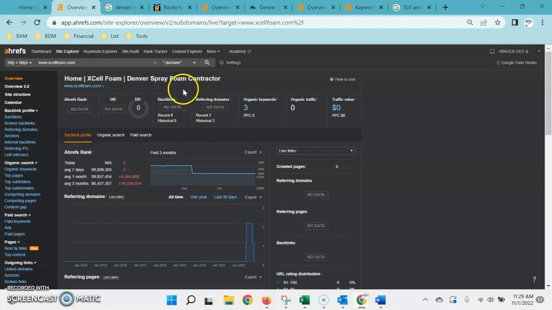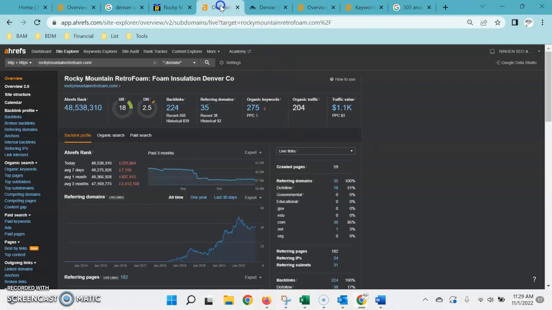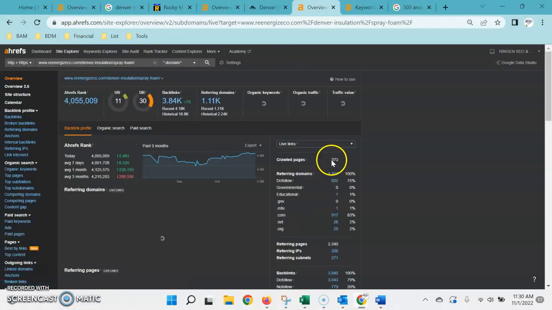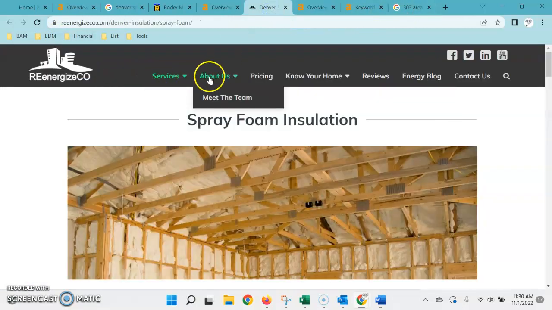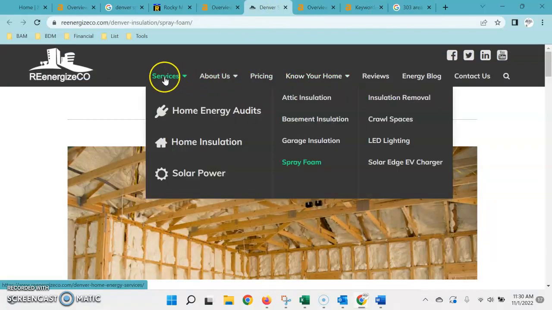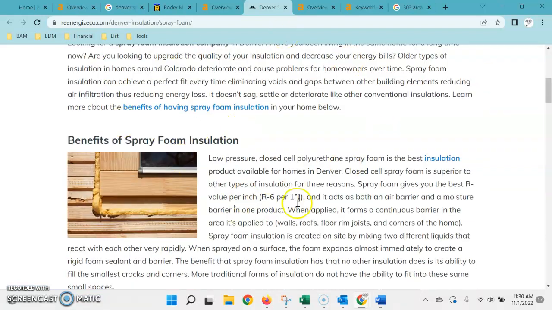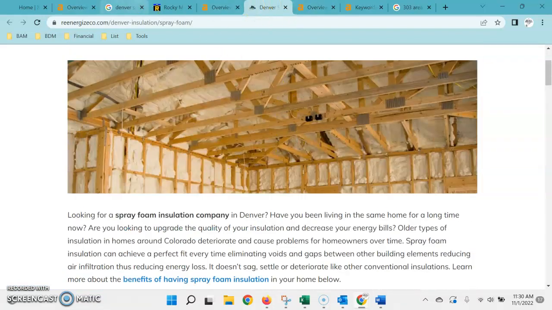Now, the second factor for ranking your website is your content on the page. As you can see, you're being found for about 3 keywords organically over a course of about 6 pages. Looking at the competition, we've got about 60 pages and 275 keywords. In this company right here, they have a whole lot of pages, 373, but that's because they're doing a lot more services, 7,200 keywords. Re-Energize Co. seems like they're doing a lot of different types of services. So, like I said, once again, you only need to compete with the actual spray foam itself. So we're concerned with what kind of keywords and what kind of content they have on that.